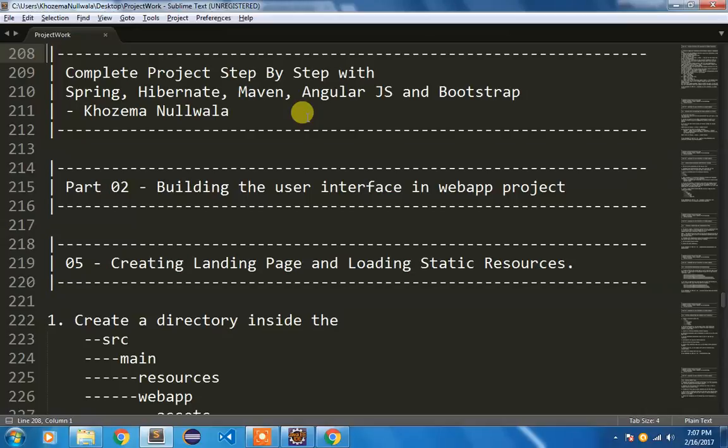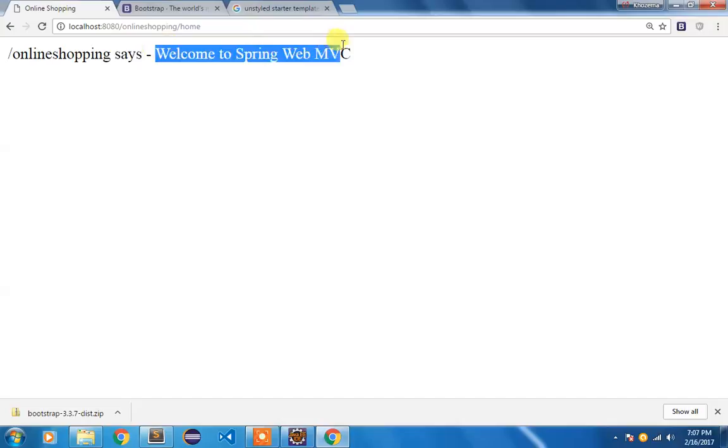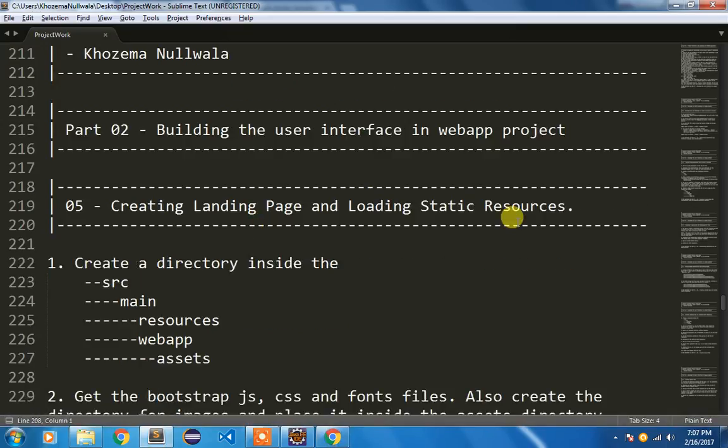Hello there. Till now in this project we were able to print this message only, but now the time has come to create our landing page for the project. So for that we are going to use the static resources, that is our JavaScript, Bootstrap, images and all those things to create our landing page. So for that in Spring Web MVC we require certain setup that needs to be done to